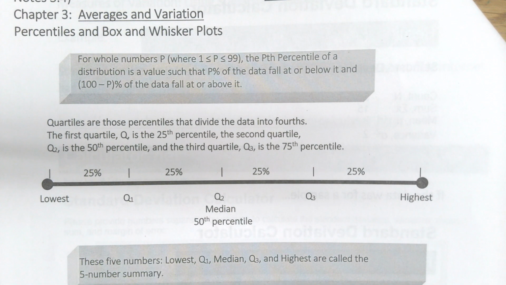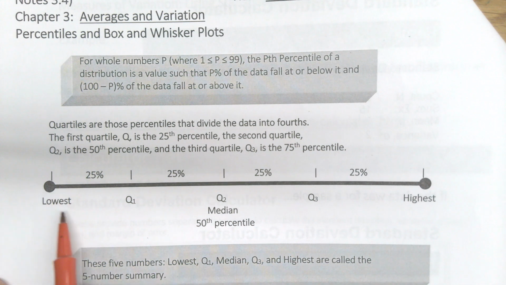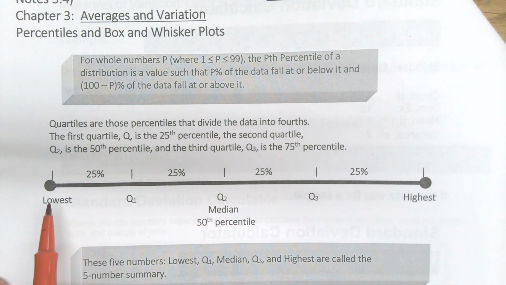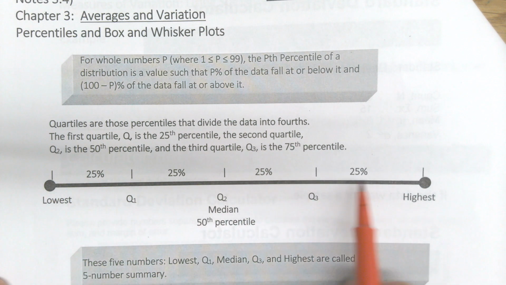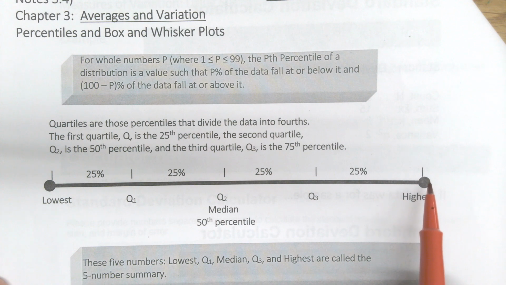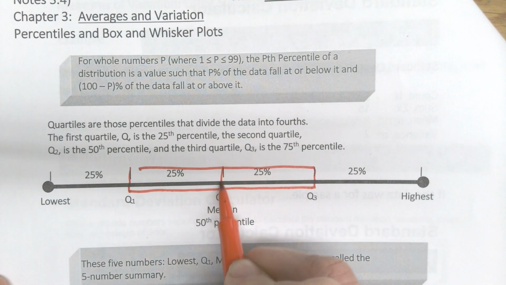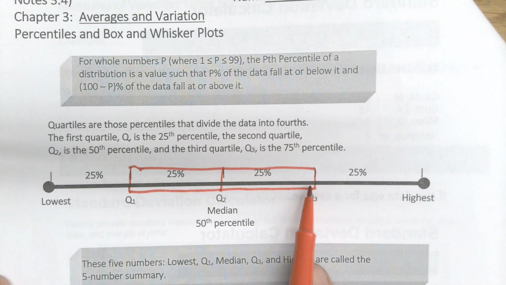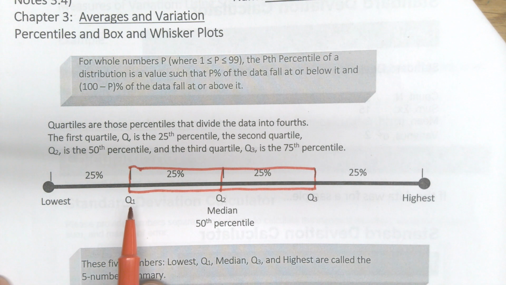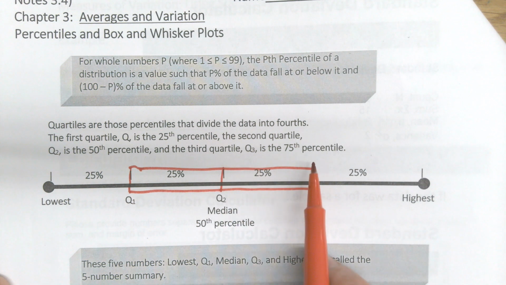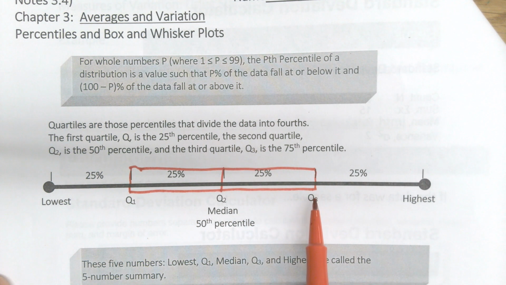Box and whiskers breaks down data into what we call percentiles, into quarters. And so when we make a box and whisker, it has the lowest point as a dot on the end, the highest point as a dot on the far end, and then we create a box in the middle that is surrounded by your first quartile, Q1, or sometimes we call that the lower quartile, second quartile, or Q2, that's the median, it's also the 50th percentile, and then the third quartile, or the upper quartile, Q3, is up